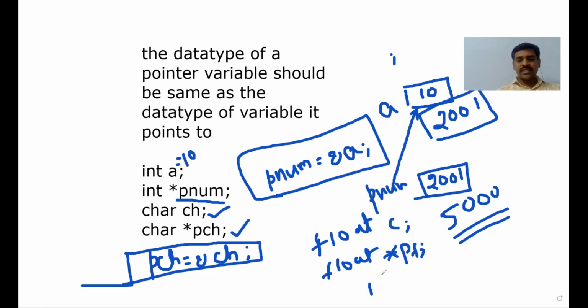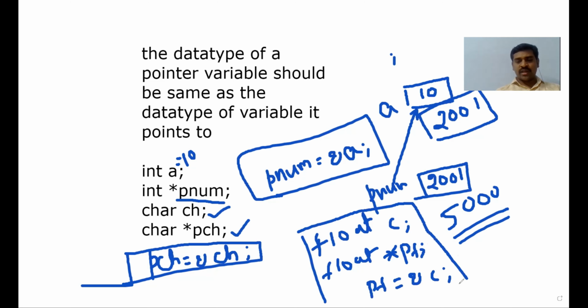Now how to use it? Pointer variables are storing the address of a variable. What is the variable name? c. And how to get the address of that c? We have to write pf is equal to ampersand c. So this is the way we have to use the pointer variables. I think you got my point how to use. First you declare the variable and you declare the pointer variable, and in this pointer variable we have to store the address of the variable we are going to point.